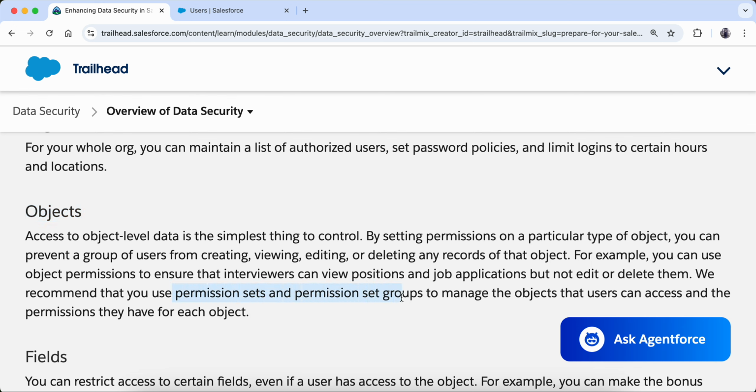Okay, so I have already made a separate video for permission sets and permission set groups. I have created the permission sets, and then shown how we can give object level and field level access through permission sets and permission set groups. And also we can mute the access through permission set muting groups. So that is also described in that video. So this is how we give the object level access. We give it through permission sets and permission set groups.